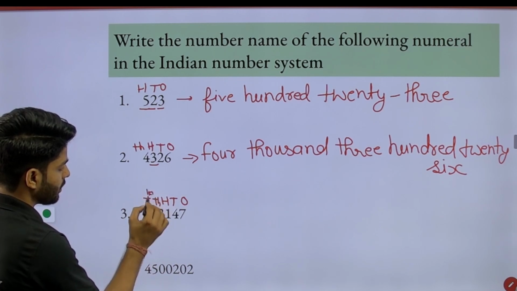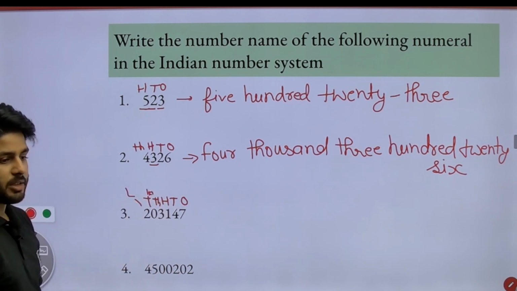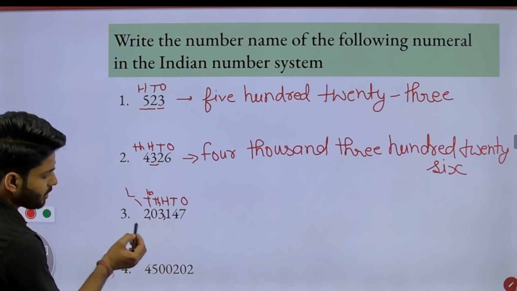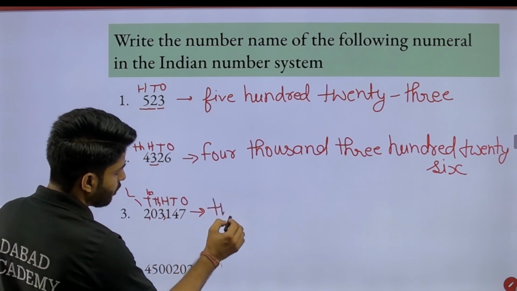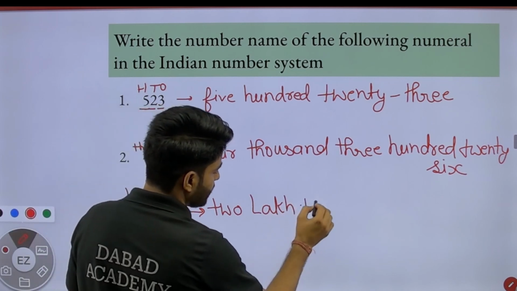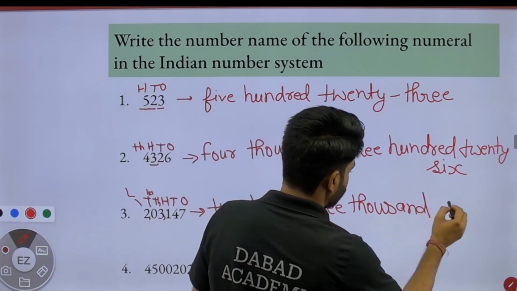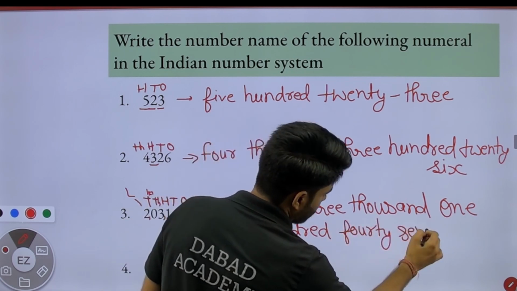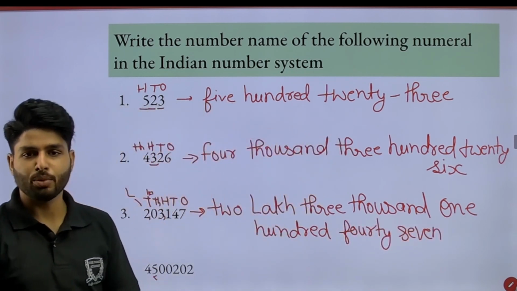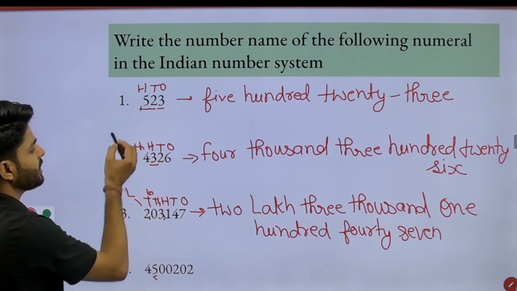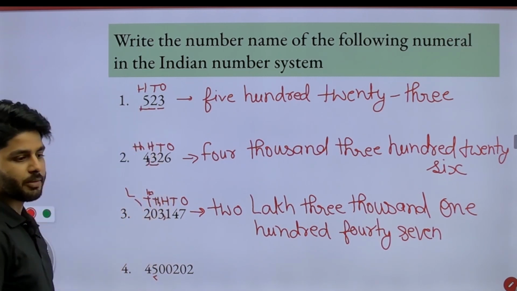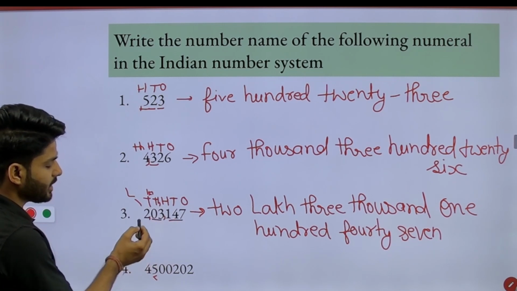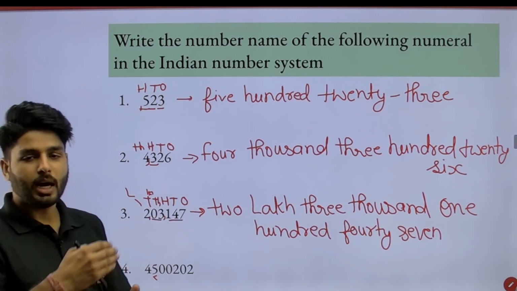10,000 and then lakh. In the Indian number system we put commas there. First we put a comma after 3 digits, then after 2 digits. Where we have 2, that is 2 lakh, 3,147. So in the Indian number system first we put a comma after 3 digits, then we start putting commas after every 2 digits. In the same way we put a comma after 2 digits.